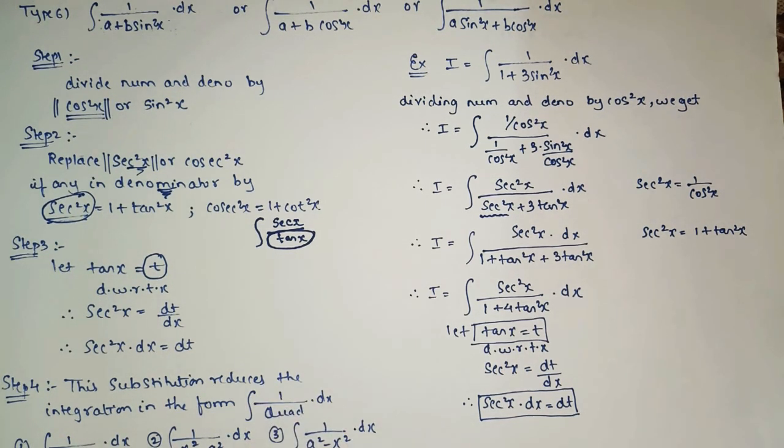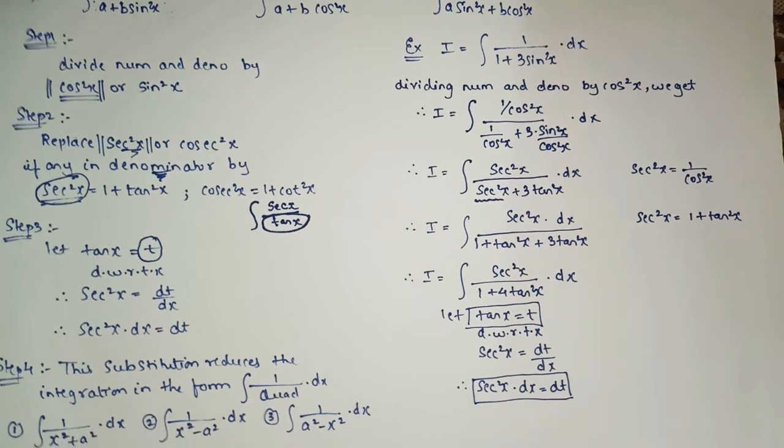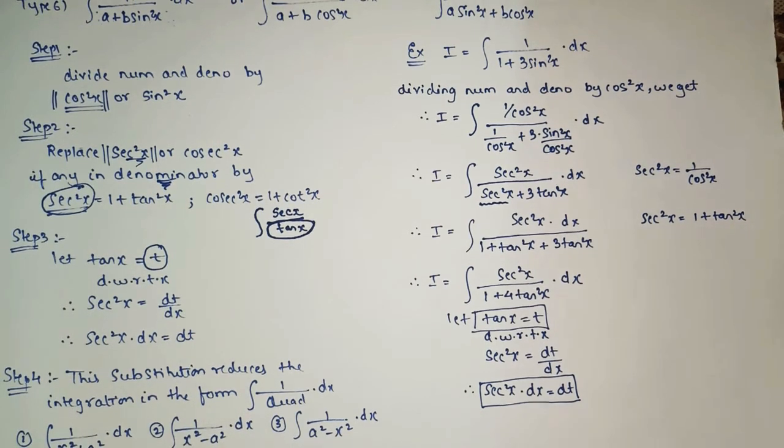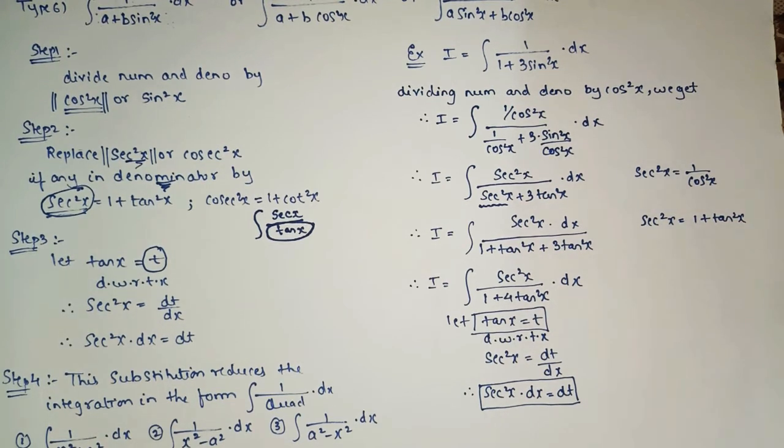Okay, so we know how to solve 1 upon quadratic. Whenever the middle term is present, you have to apply the third term, and whenever the middle term is absent, you can solve directly, but you have to stick with the method. It says that the coefficient of x square term should be 1 and the sign should be positive. After that you have to apply the suitable formula. Either the integral will get converted into 1 upon x square plus a square, or 1 upon x square minus a square, or 1 upon a square minus x square.